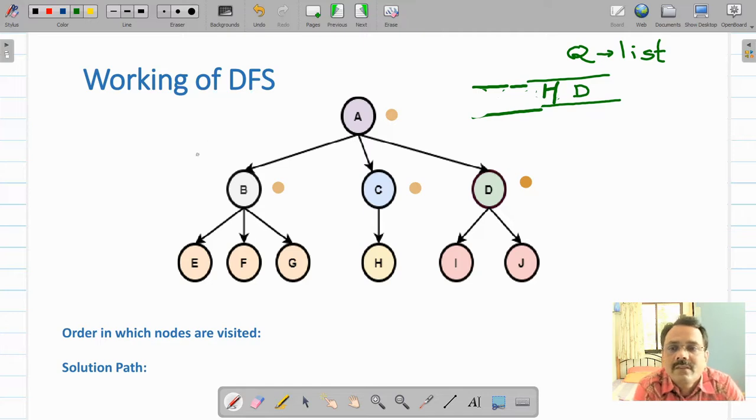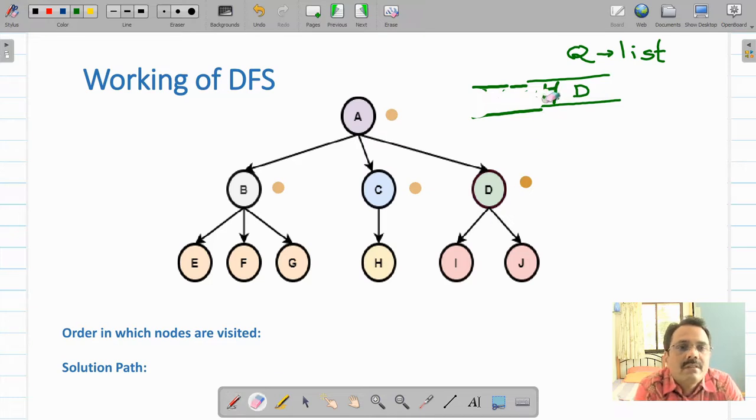Remember that after E, if E can be explored further, the successors of E will be at the beginning of this list. We are assuming that there are no successors, therefore the algorithm is backtracking to node C. If H is not a goal, again this H will be removed.